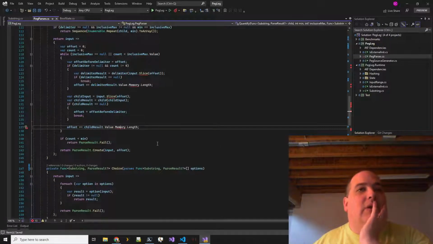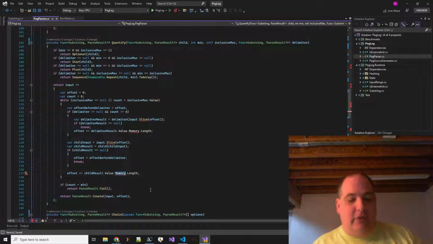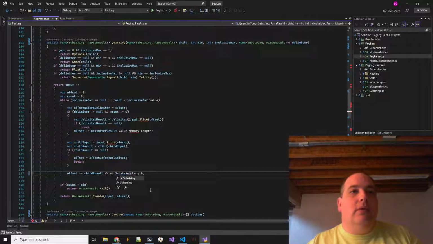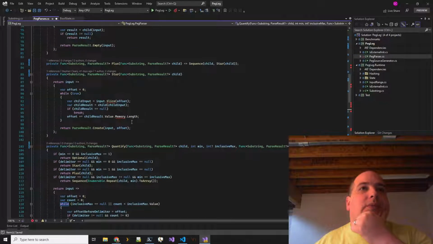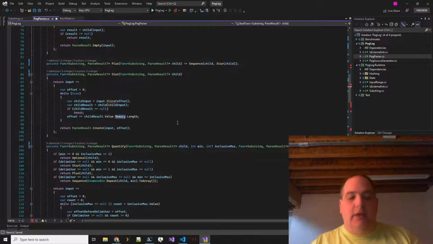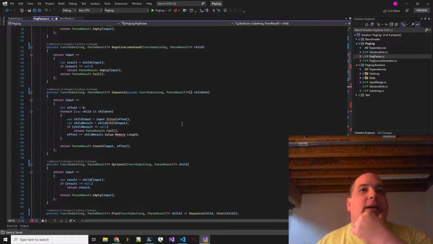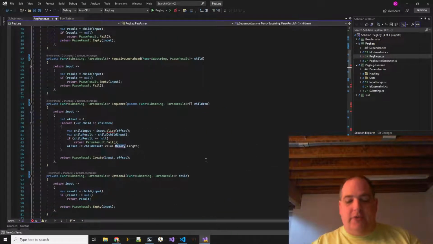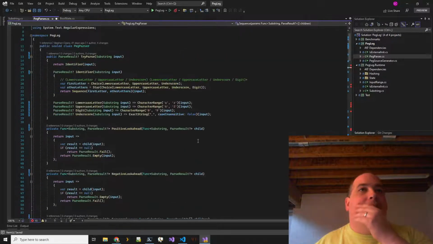That'd be the same as value.length. Oh no, because this is a parse result, so it's a value.memory, and now this is a substring.length, so that's a substring length. Same here. It looks like all we have to support is getting the length and getting a slice with a single argument.